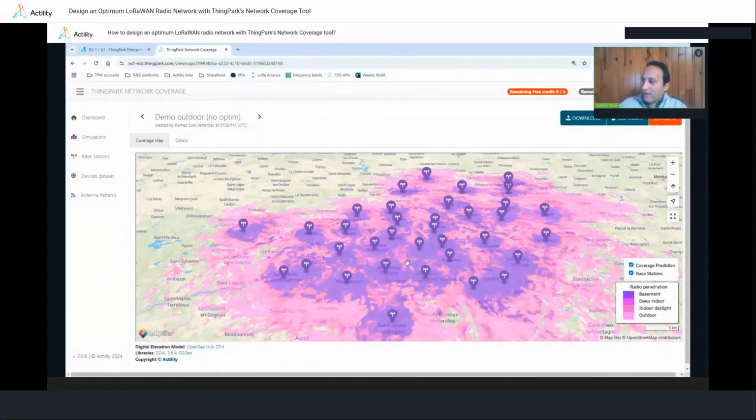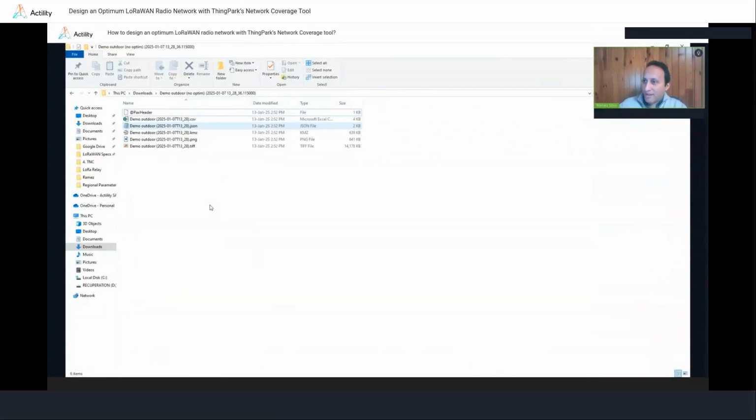And then, let's assume that I want to export the result of my simulation. I can go here, click download, and export the result of the whole simulation, not only the outcome, but also all the different inputs that I have for my simulation. After unzipping my package, it becomes something like that. You have the CSV file, which includes the base stations that you have imported. You have a JSON file that provides a reminder of all the settings related to your simulation. And then you have the simulation output or the coverage map in 3 different formats: a KMZ format, which is compatible with Google Earth, and also the simulation outcome in PNG and TIFF formats.